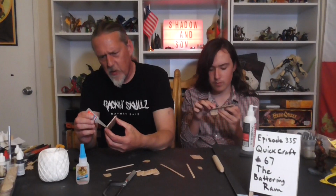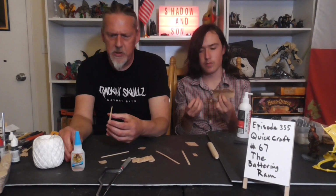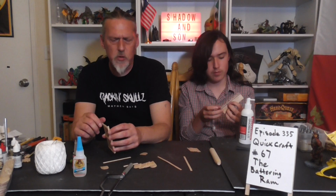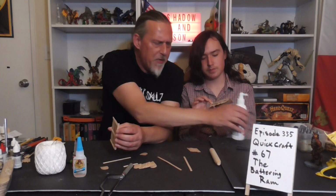I use it a lot when I'm stripping miniatures, especially old, lead-based miniatures. When I've taken the paint off, I'll then drop them in nail polish remover, and that will break up the super glue and turn it into kind of like a jelly that will allow it to...